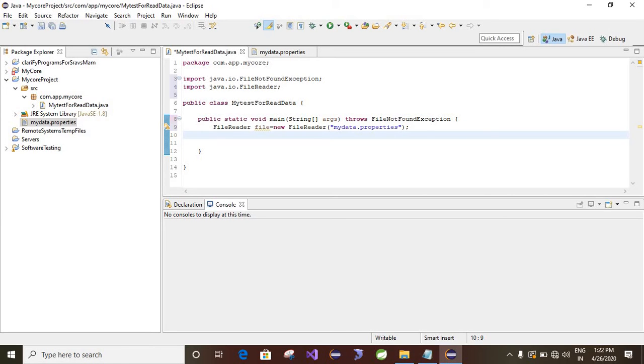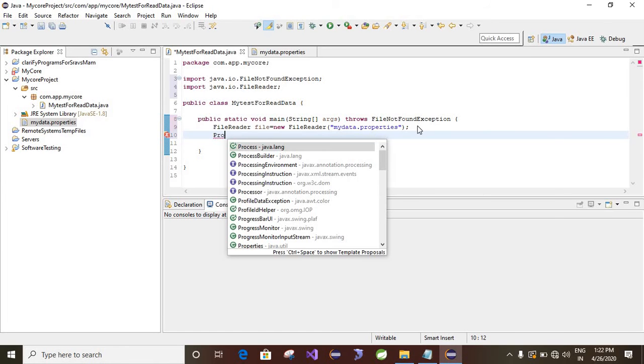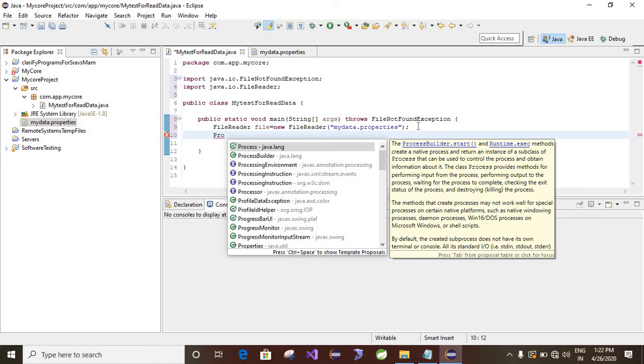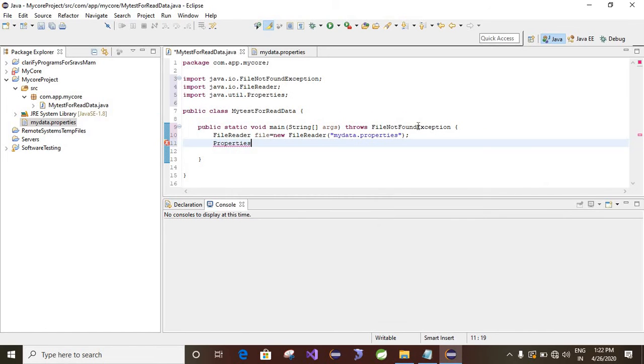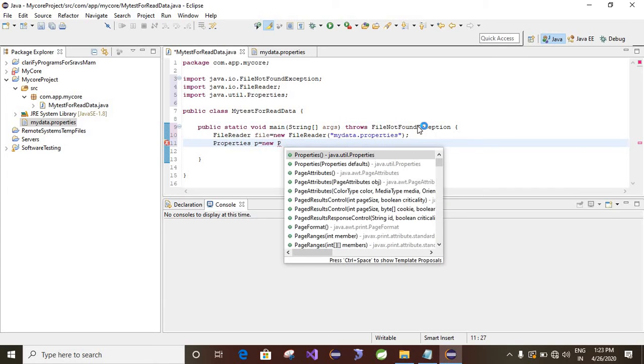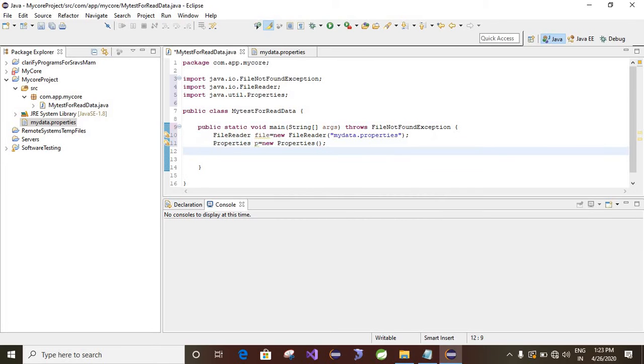Next, you need to create one Properties object, which is from the java.util package. So that's what I imported here. Then equal to new Properties. Next, you need to load that file.